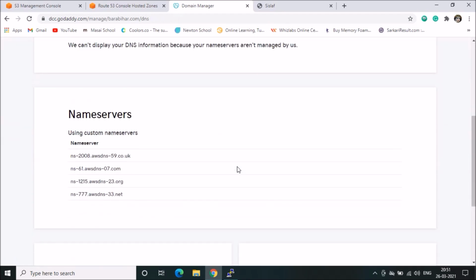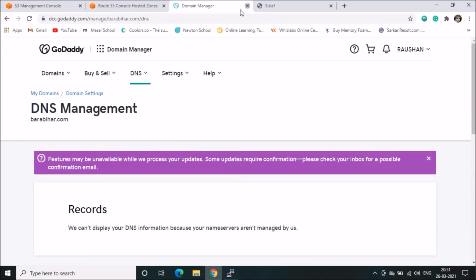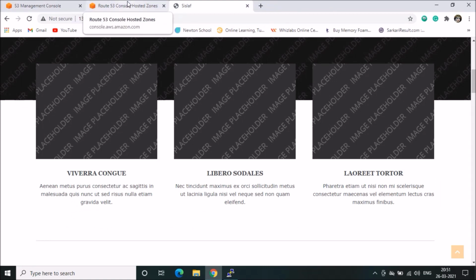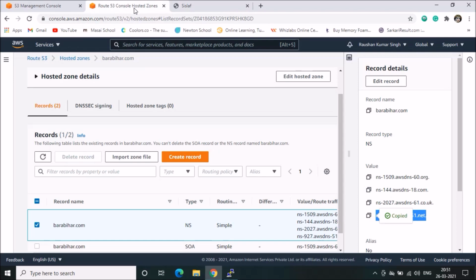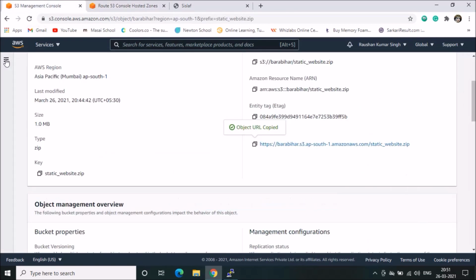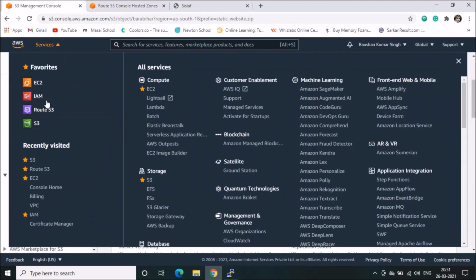Now it is changed, so it is taking some time, like 3 to 4 hours to update everything, or sometimes in 1 or 2 minutes it also gets updated. So we will go on.